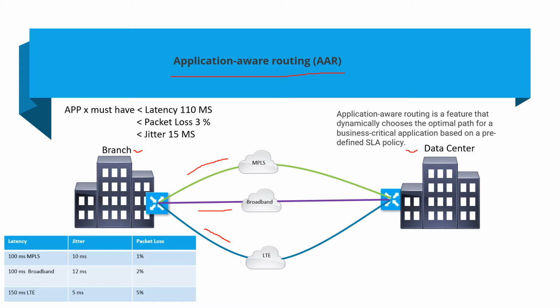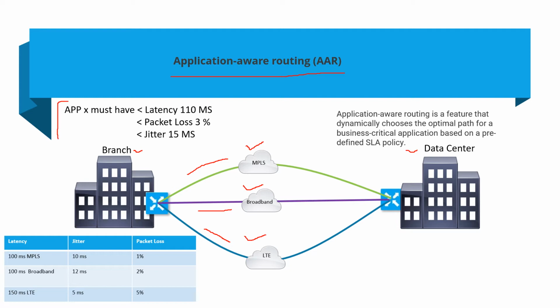Here I need to decide what is going to be my preferred way. So let's assume if it is VoIP traffic, then definitely I want to give some sort of preference, and all my VoIP traffic should travel over the MPLS. For my replication traffic, I might give a preference to the broadband, and for the rest of the traffic I can use the LTE connection as a backup, or I can say this is a particular application and it should go over the LTE connection. What I need to do here to make it work, probably I need to write a policy,